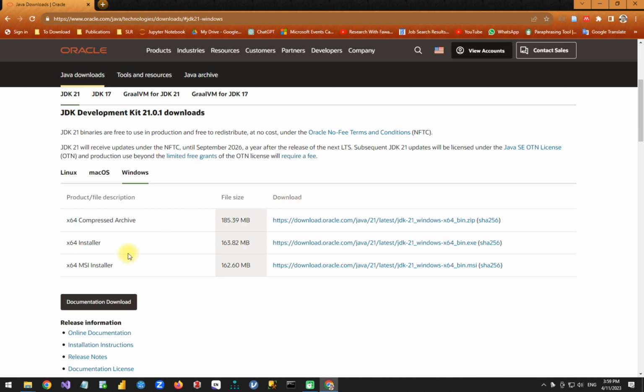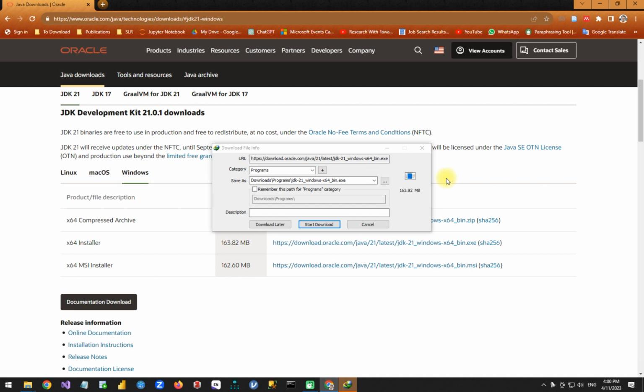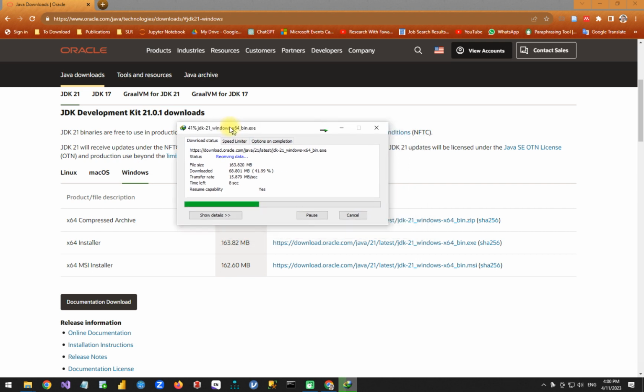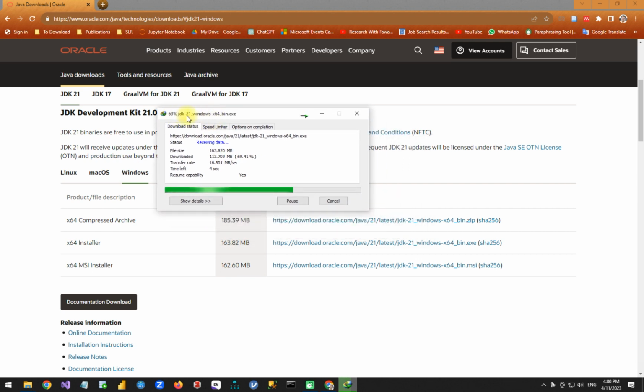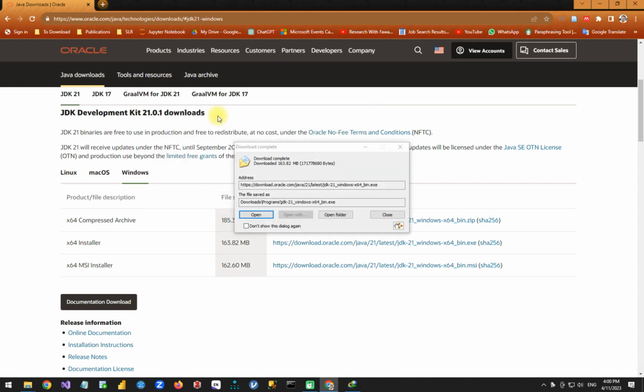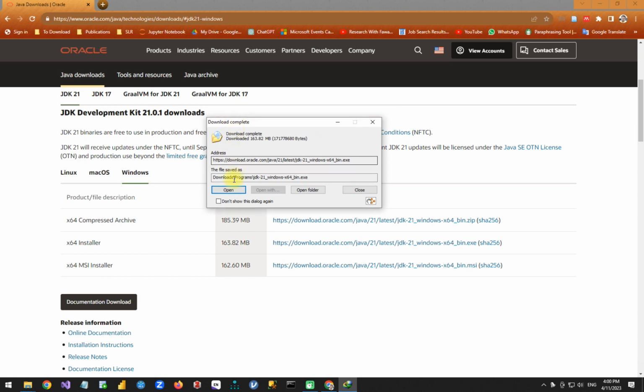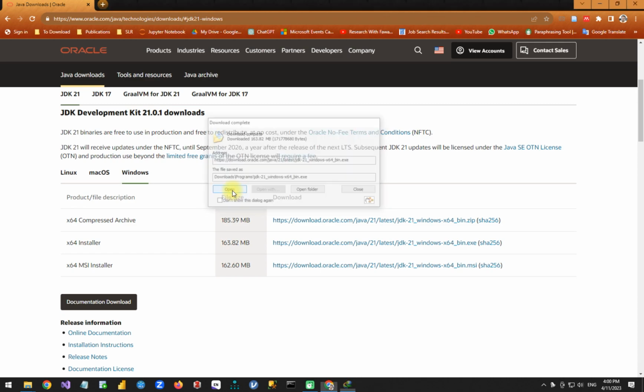Here I'm going to download the exe file or MSI file. It is Microsoft installer file or exe executable file. Let me click on this exe file so that it will start this download process. So my computer is downloading this JDK 21 version and 64-bit architecture. Now we have downloaded this JDK 21 and my Internet Download Manager has successfully downloaded, and I'm clicking on this